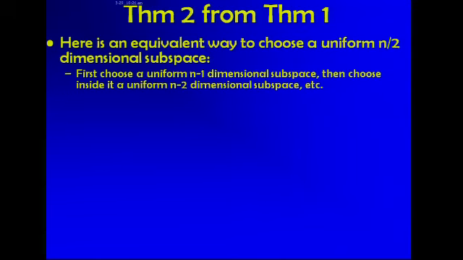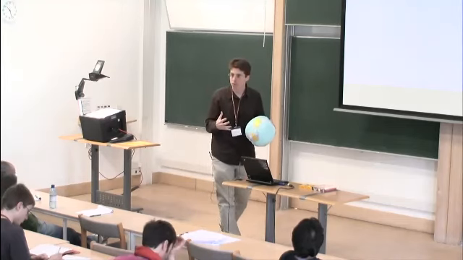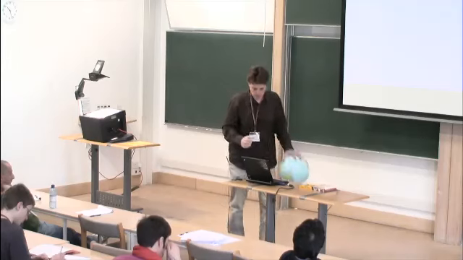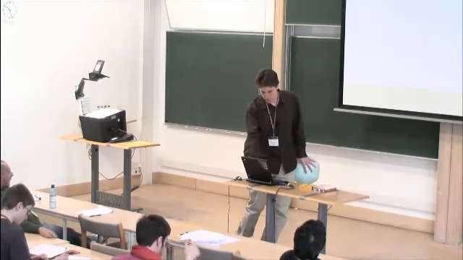So we know from theorem 1 that each step gives us a good estimate of the measure of the set. We start from some set, we take a uniform n-1 dimensional equator, a subspace. Inside it, the amount of land is going to be close to what it is in the whole sphere. Hence, we can continue the argument. We'll take another n-2 dimensional subspace, and again, we use theorem 1 to say that it's a good approximation of the measure of the sphere, and so on. So let's see why this works, or might work.